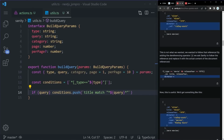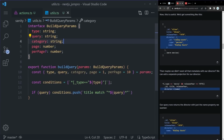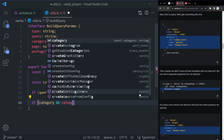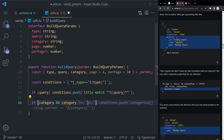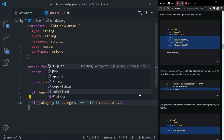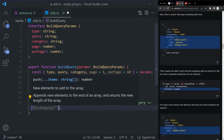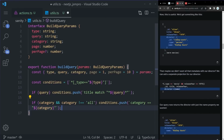So you can know exactly how you have to make those queries. Now, going back to where we were, we're creating that query. And we also want to know if we have a category. So if category, and if category is not equal to all, in that case, we can do conditions.push. And we want to say a template string of category is double equal to, again, in double quoted strings, category